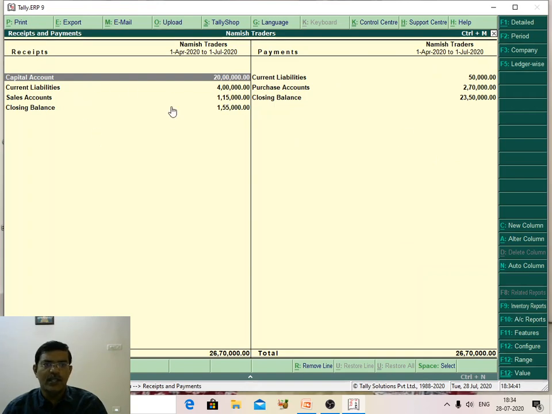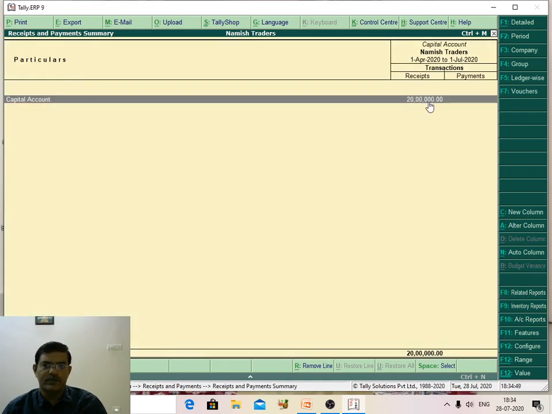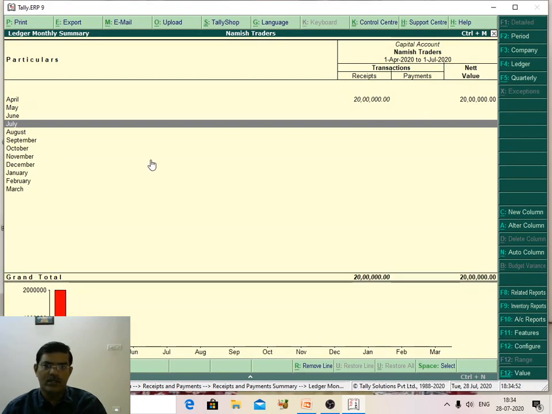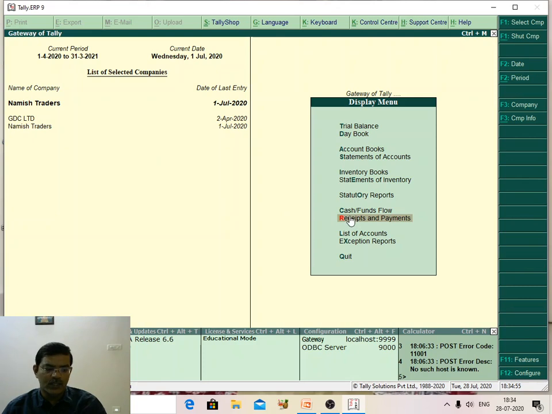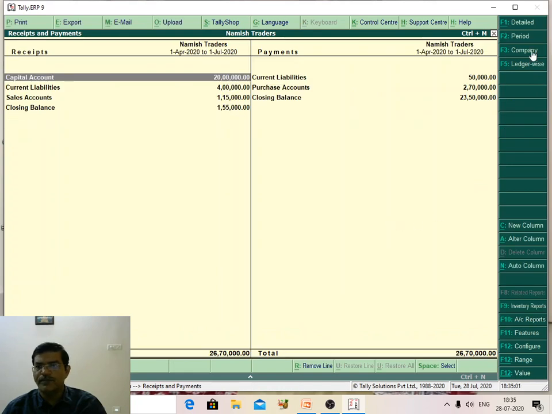Here it only takes the current period transactions. If you select like this, automatically it takes the receipts wise. Month wise also we can view. The receipt voucher is very important. What the receipts are and the payments for a particular period, we can also view. Period wise, company wise, ledger wise, or group wise also. Up to the company requirement and policy, they can generate the reports either ledger wise or group wise. If they want both, they can also generate.